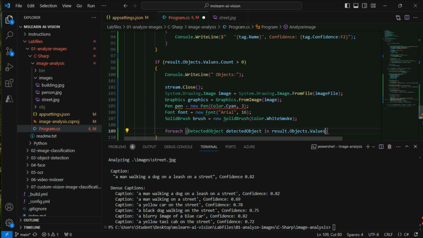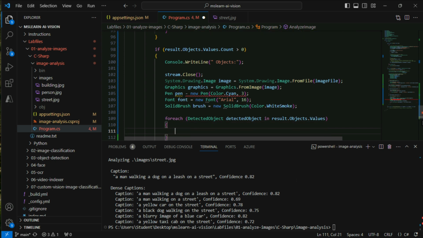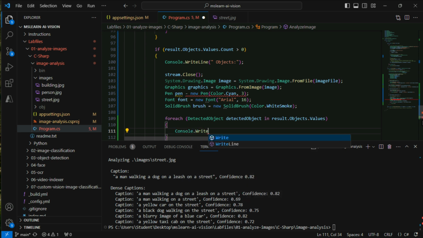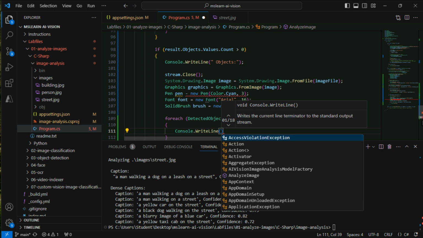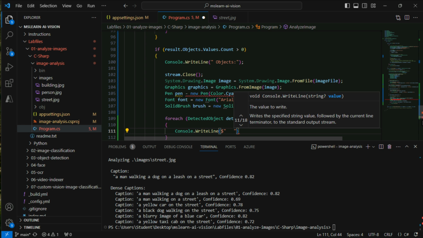So for each object that was detected, let's do the following. Let's first of all do a write line. I want to indent this a bit. Right, and then